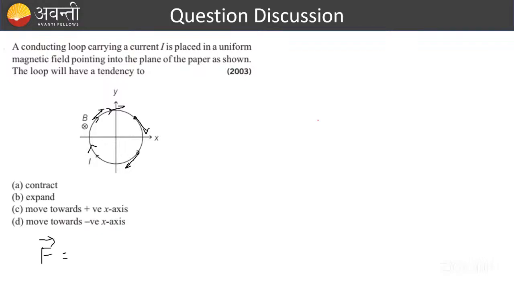The force is I L cross B. So basically, we will do the cross product of length and magnetic field. The length vector is in the direction of current. So everywhere the length vector is changing. How can we calculate the force? So to calculate,